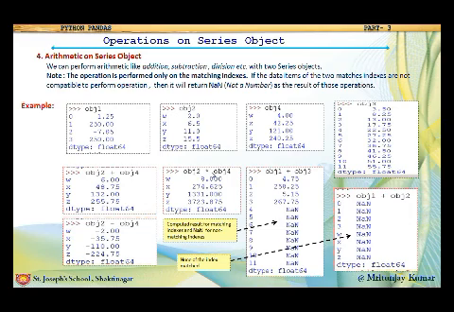Similarly, object 2 into object 4: both the indexes are similar, so the operation can be performed and the individual elements will be multiplied. In this case, object 2 minus object 4: here also the number of elements is the same as well as the indexes are similar, so the operation will be performed.